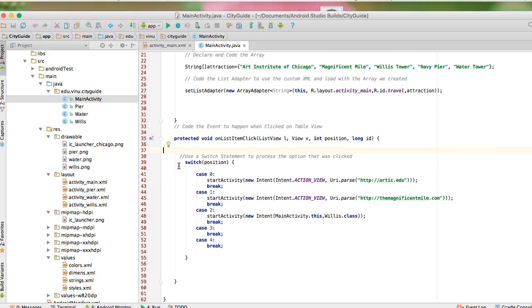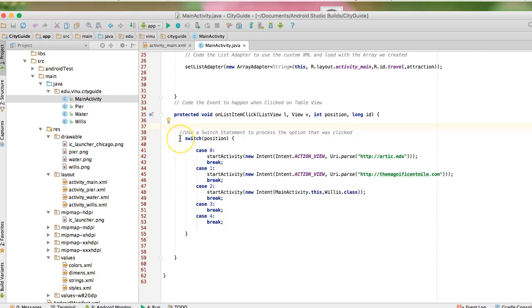And then we're going to put together a switch statement, which is a decision structure. It's a conditional. And what we're saying is the switch is based on the position. So the position is where the end user has clicked. And we're going to set it up to look at the different places in our list. So our list is working like our array here, and it's saying case 0, so that's going to be the very first spot. Case 1 will be the second, case 2 third, case 3 fourth, and case 4 will